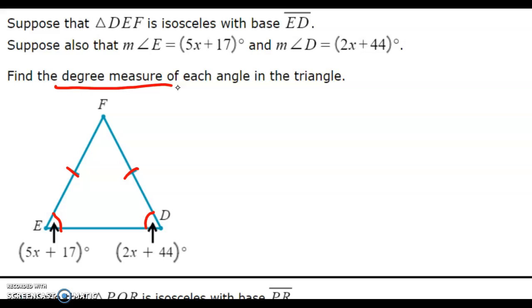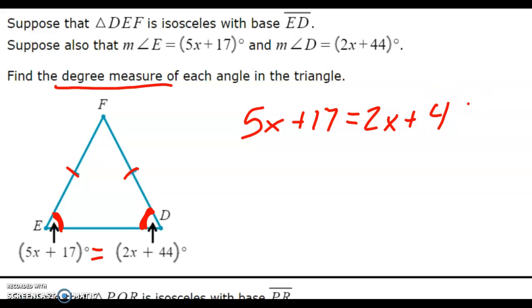Well, they're giving you these algebraic expressions. You need to set them up into an equation like we've done with some other situations this year. Again, they're telling you this is an isosceles triangle. We can then say that I know these two base angles are going to be congruent, which means my equation is going to be set up for those two equaling each other: 5x plus 17 equals 2x